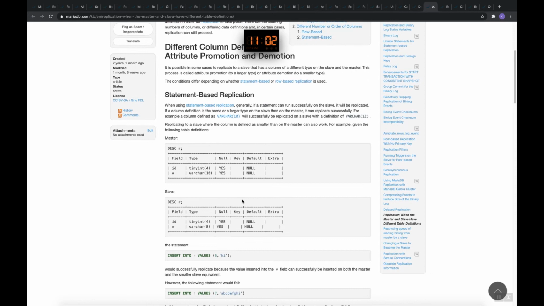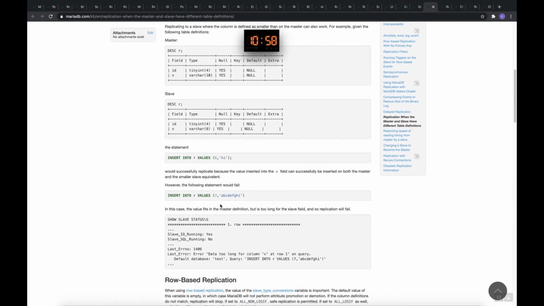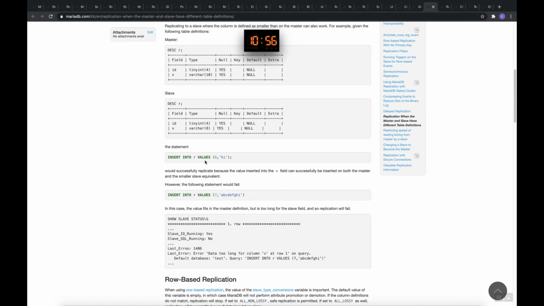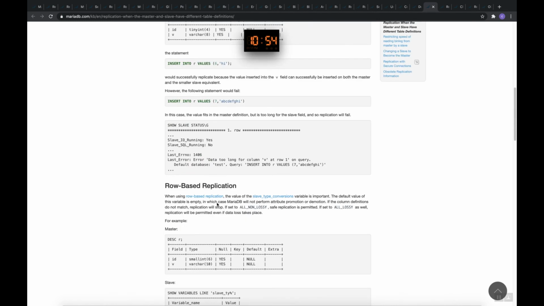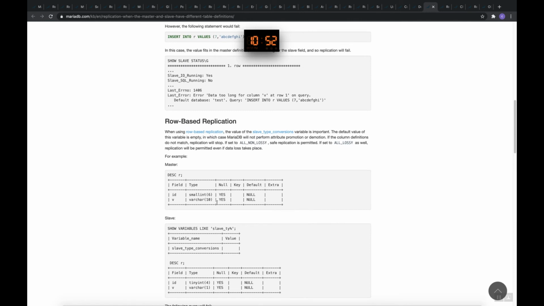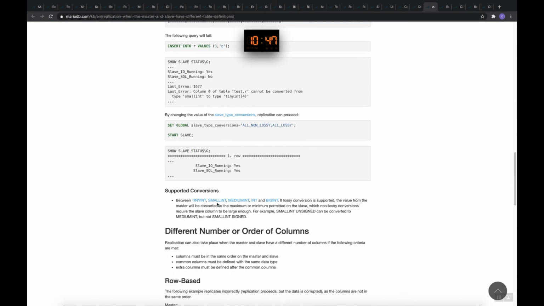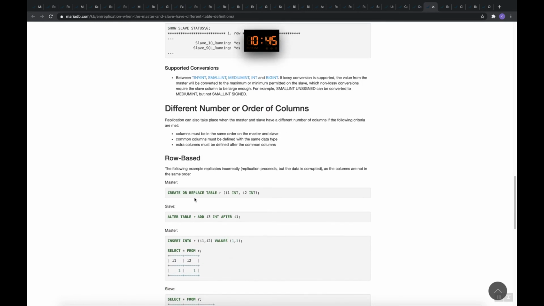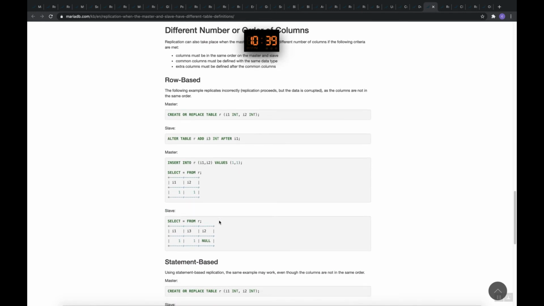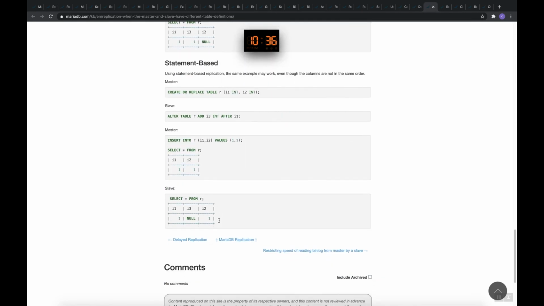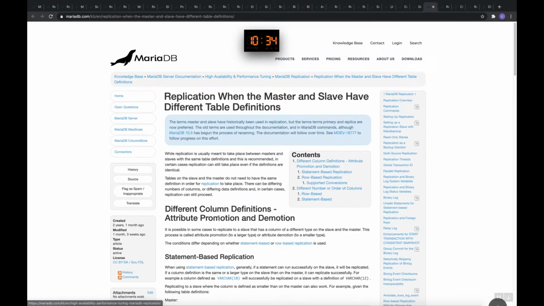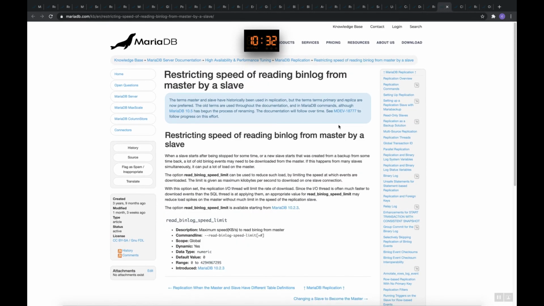So this is the statement based replication, DESCRIBE R, and the statement INSERT INTO R VALUE 6, and this is the row based replication. Okay, so you can actually do it: on the master, CREATE OR REPLACE TABLE R, and on the slave, ALTER TABLE R ADD an INT column. You can do it and just follow it, and this is allowed, but it's not recommended.